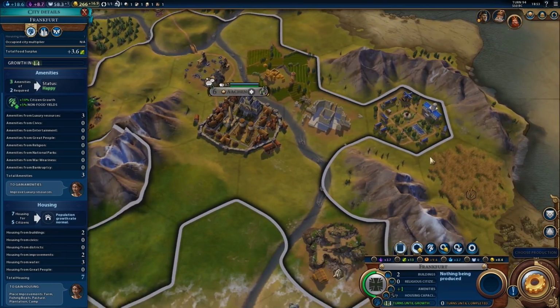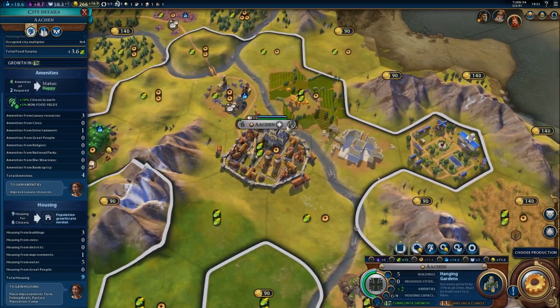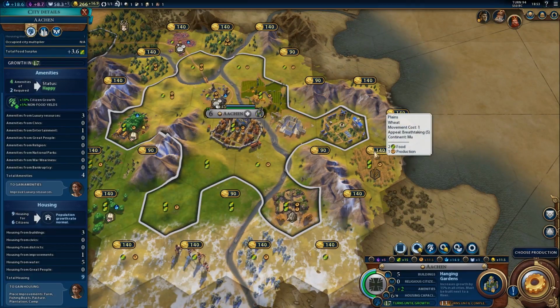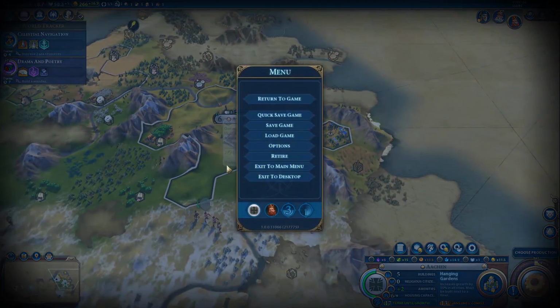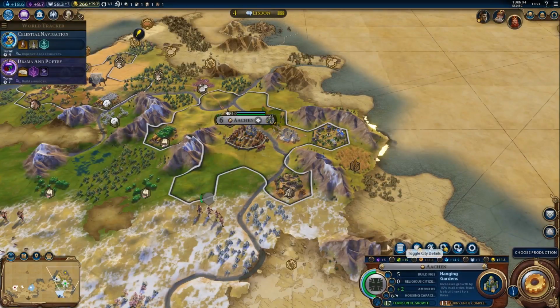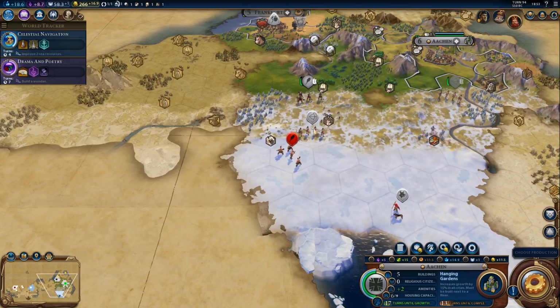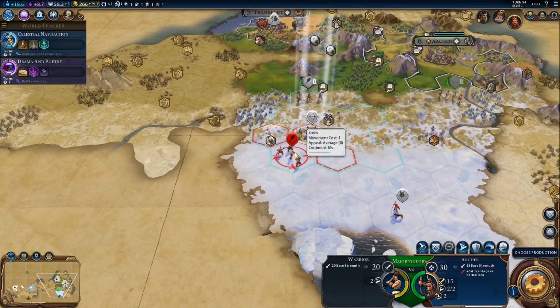Let's have a look. Am I in the wrong city? 140 gold to purchase the wheat tile. But it's probably worth it. I think we'll wait. I don't think there's a big rush. Oh, wrong button. I don't think there's a big rush to actually get the wheat tile. So I'm not sure what I'm going to do with that builder yet. What we are going to try and do here, though, if we can, is